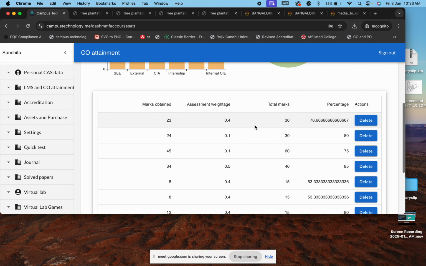Okay, one more doubt. Now you are asking us to add external examination marks. But ma'am, this CO-PO attainment we are doing for 23-24. We will be doing attainment only for the final years? No, not like that, ma'am. Ma'am was mentioning all the semesters, right? Yes, for all the semesters.